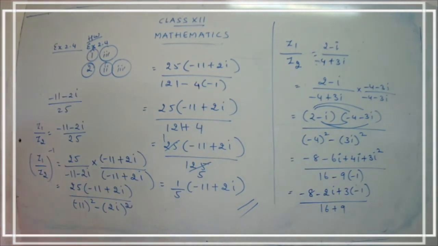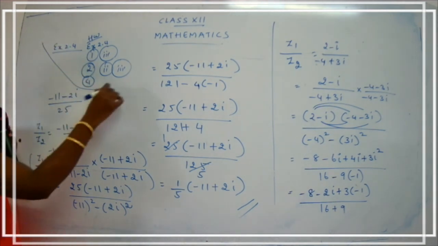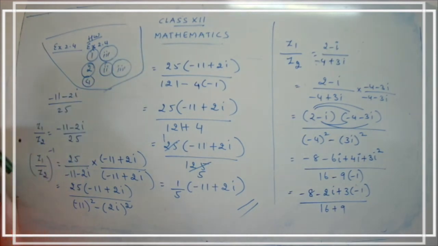Okay, children, so we have completed question number 3. Now you have one more work. You're going to complete question number 4. So what is the total number of homework questions? From question number 1, the third subpart. From question number 2, the second and the third subpart. And question number 4. It's very simple. You have to just substitute the values and get the answer. I hope you're clear with this, children.